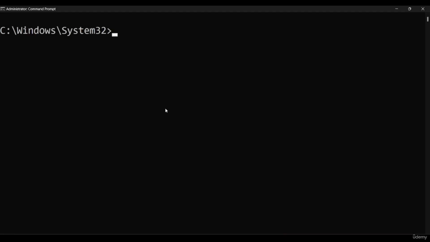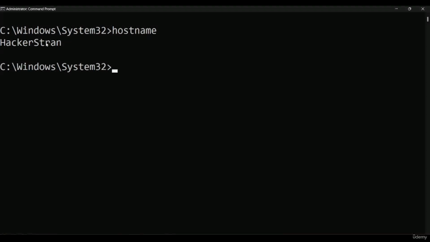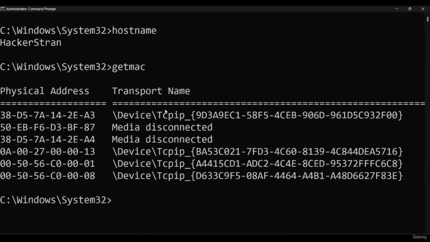Guys, in this video you will learn more commands. So the first command we have is hostname. This command will display the host name of the current computer. As you can see, my host name is HackerStrain. The next command we have is getmac. The getmac command is useful for getting all the MAC addresses. It will display all the MAC addresses, like if any adapter is connected with your device, it's going to display all the MAC addresses of those connected